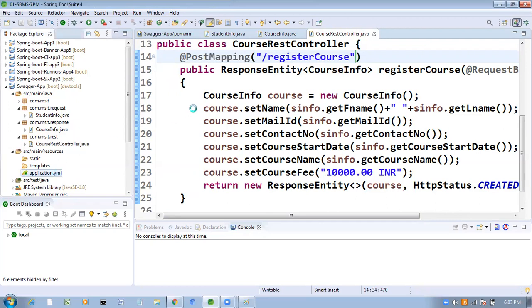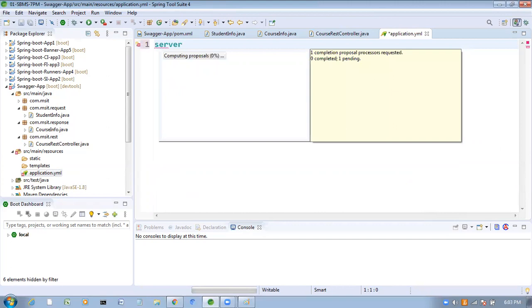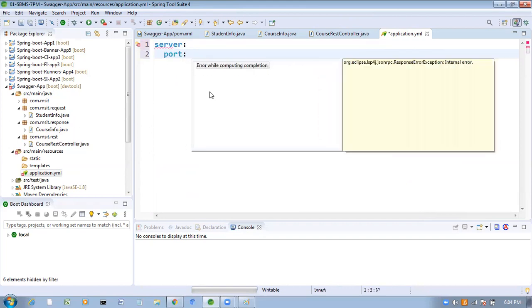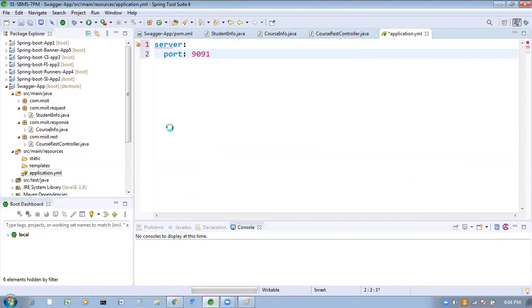Right, so now inside this YML file, I am going to specify the port number. Server port 9091 something. I'm taking it here.